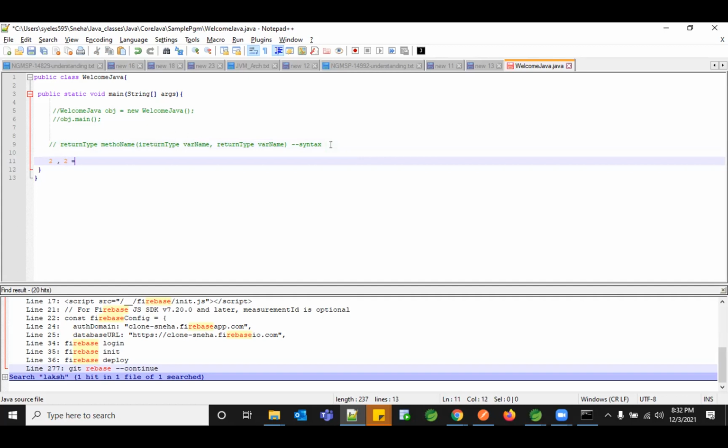So it returns you some output, and that output is again a number. So it is again some numeric value. So in our Java, we have some predefined data types. So what is a data type? Data is nothing but a number, a value. It can be something like a text, right? It can be anything in any format.